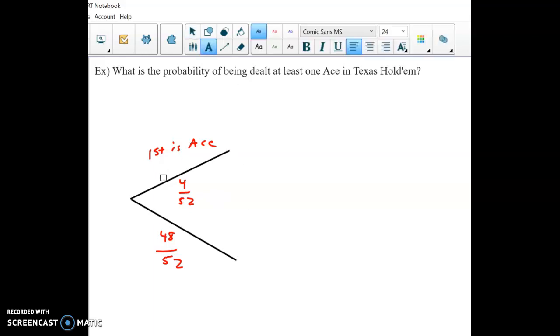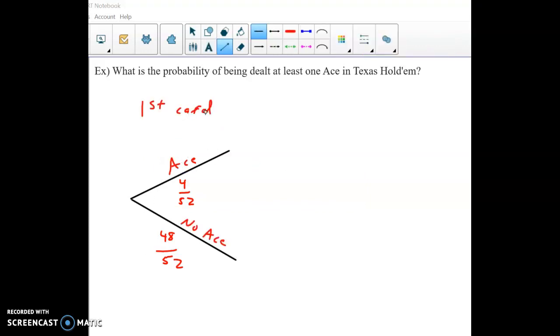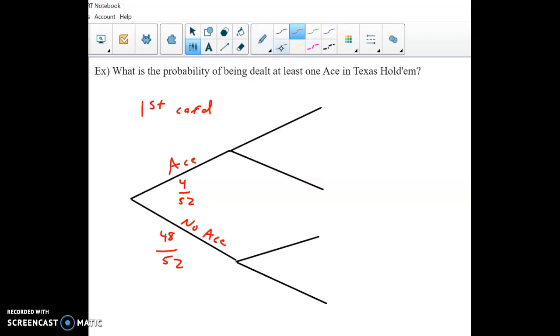I guess I could label these. This would be the path where I got an ace. Here's maybe a better way to label it. Here's our first card. You have a 4 in 52 chance of getting an ace, and then a 48 out of 52 chance it's not an ace. Okay, and then we're going to draw branches for the second card coming off of those points, right? So if I drew a little dot here,